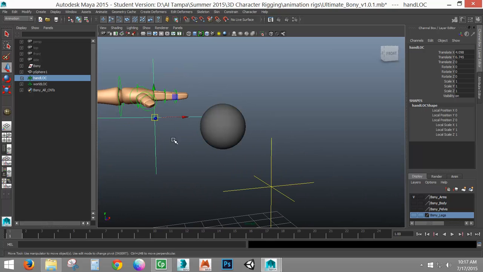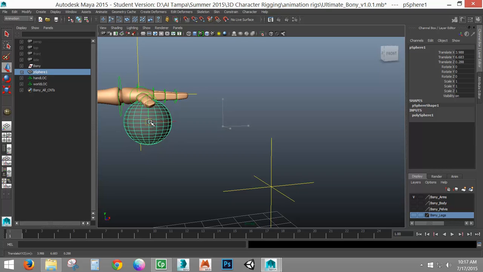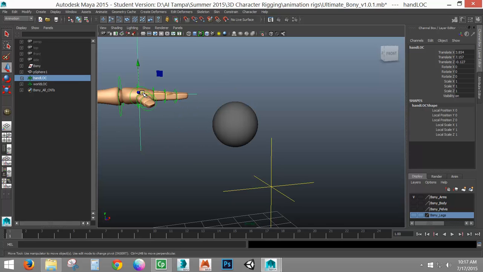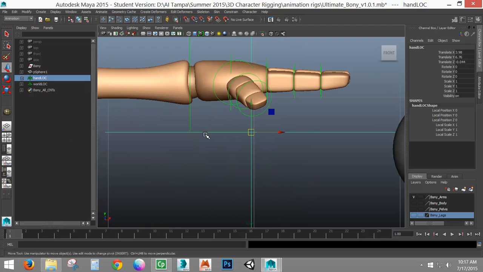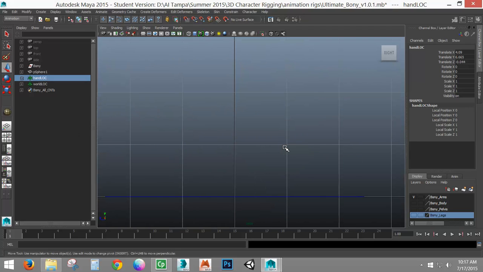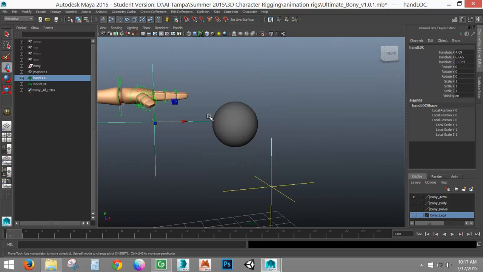So same idea with this target for my hand. If I put it in the hand, that means my ball will actually go in the surface of the hand. That's not what we want. We want it to make it look like the hand is actually holding it. So the pivot, this locator target, should actually be lower. I'm going to go to my other views for a second, kind of line it up. After it's applied, you can still adjust it. It's not like it's set in stone forever, so you will have some flexibility.